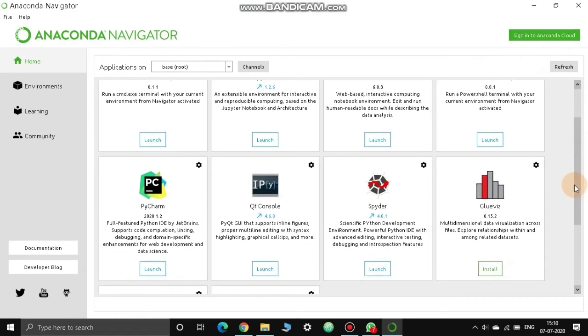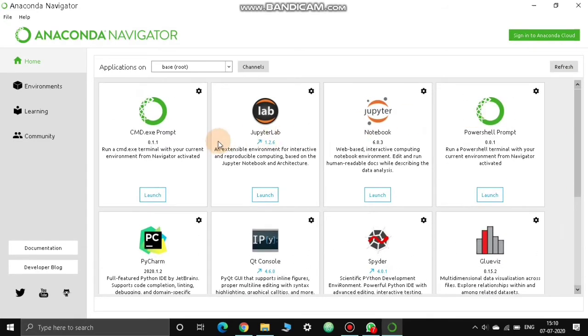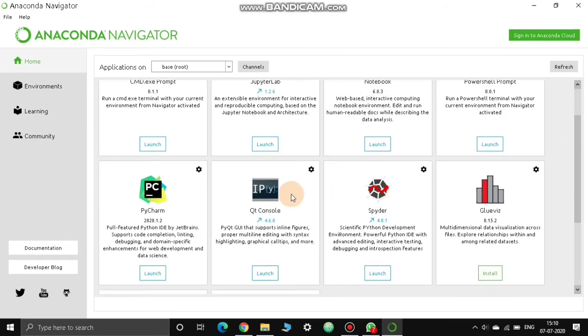Now we are coming back to the home part of this Jupyter series, this Anaconda Navigator, where we see different types of environments waiting for us. For now I will just give you a demo of the cmd.exe prompt. This is JupyterLab. This is Jupyter Notebook, which I am just going to launch. The PowerShell prompt is also there, and PyCharm which I told you about is here.